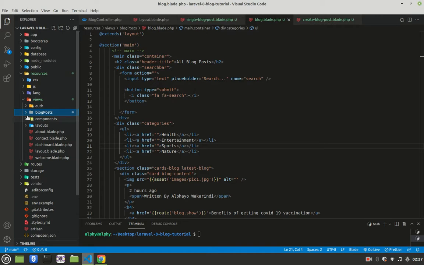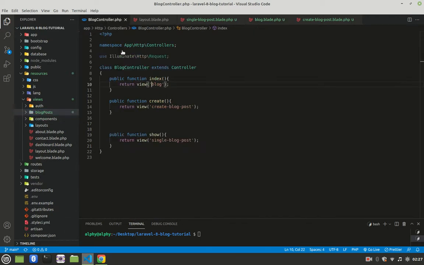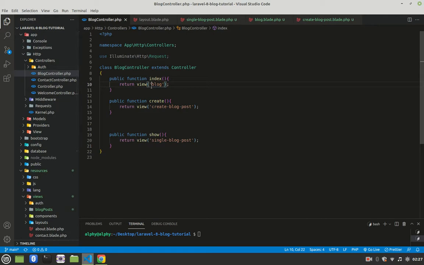So now anytime I want to update anything to do with the blog posts, it's easy to know, because I'll just see this folder blog post, and then I'll click here and I'll update anything to do with the blog posts. We also have to update our controller, so I'll come here and here I'll just say blog posts